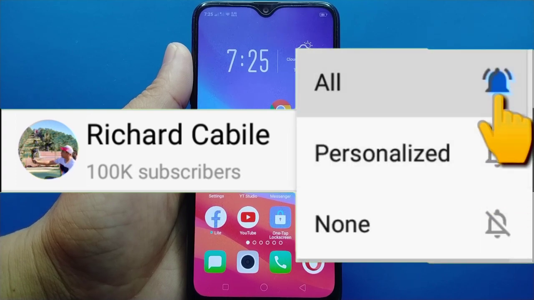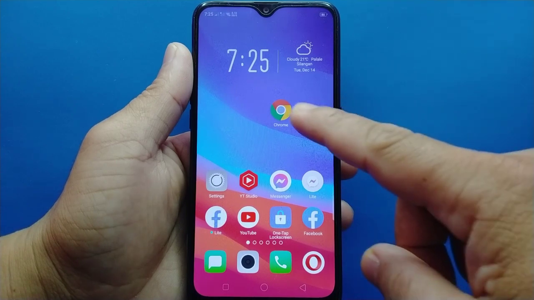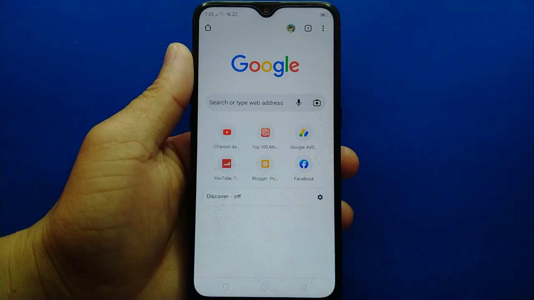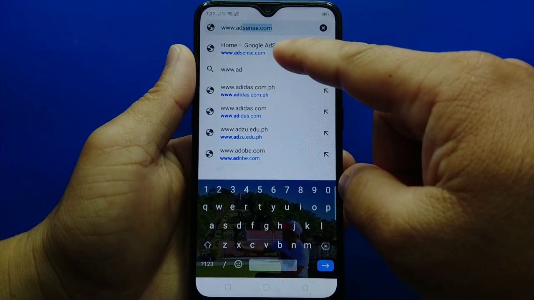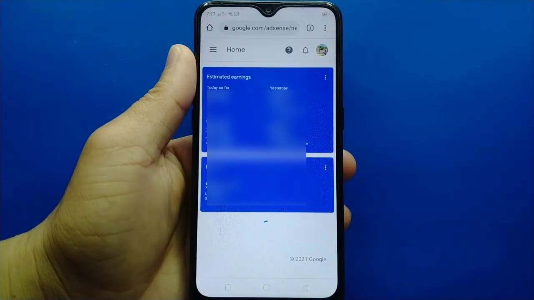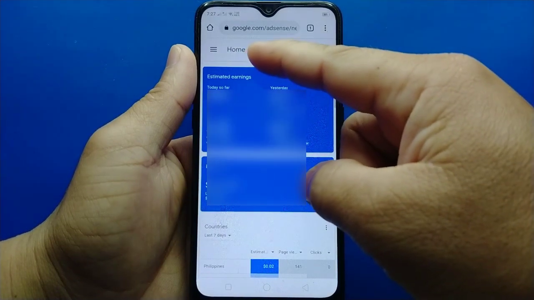Okay guys, let's start. All you have to do is go to Chrome. I use Chrome. In Chrome, go to www.adsense.com. If you're not signed up, sign up first. Here in the Google AdSense homepage, tap the three lines or hamburger icon